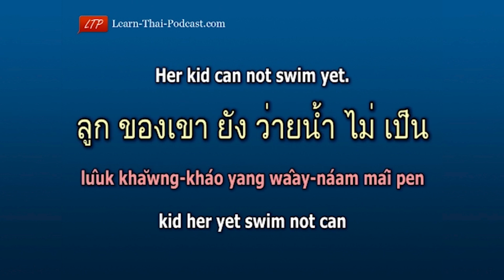Another example. Her kid cannot swim yet. ลูกของเขายังว่ายน้ำไม่เป็น Kid ลูก, her ของเขา, yet ยัง, swim ว่ายน้ำ, not ไม่, can เป็น. Kid her yet swim not can. ลูกของเขายังว่ายน้ำไม่เป็น